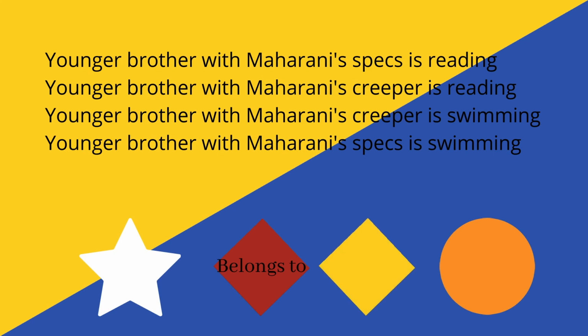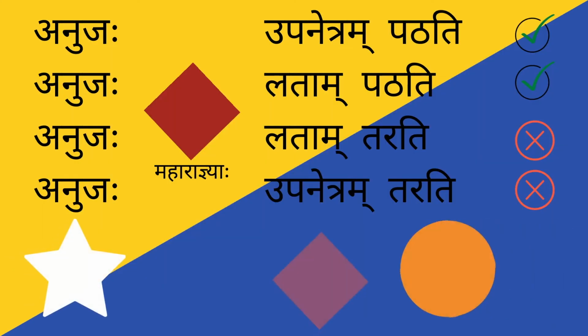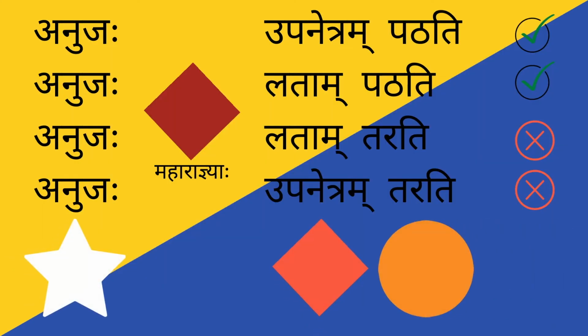And if you see it in English, it reads exactly the same with the addition of the fact that the objects now belong to the Maharani. Maharani speaks, Maharani is creeper. The same thing applies if you use it with the star, red diamond and the circle. As you can see, the sentence combination looks exactly the same with the addition of the Maharajnyaha right in between. And again, on the right side, the logical error and the right sentences remain exactly the same as the earlier example.